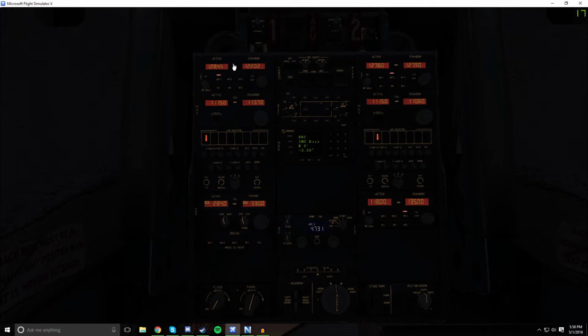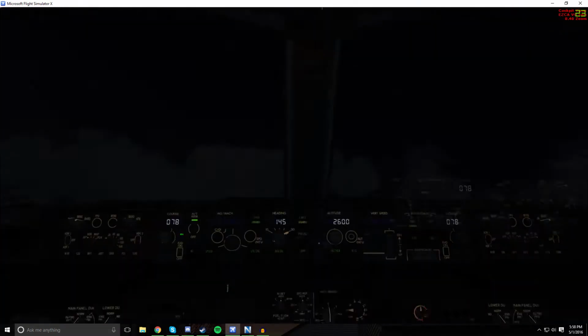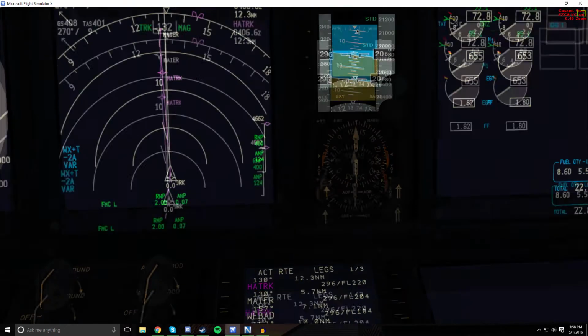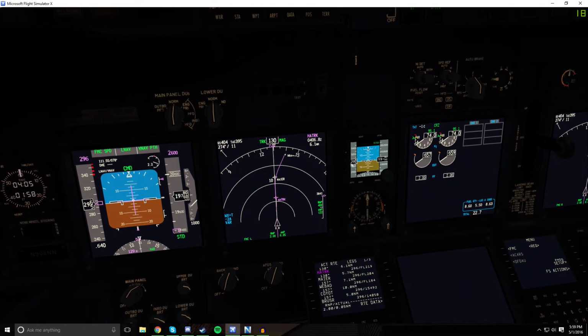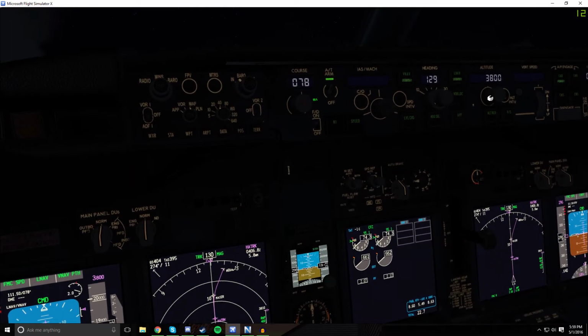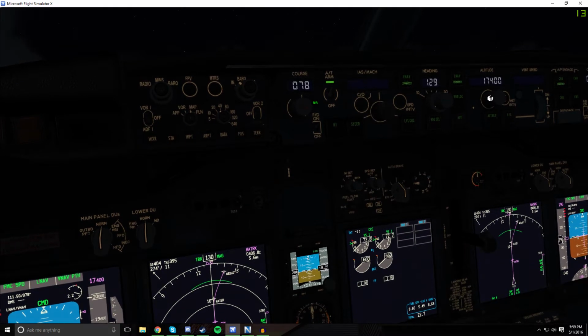Alright, so they said our altimeter right now is 2982, so we'll go ahead and switch that. We're just going to double check that once we get farther down, but for now we'll just keep it that way. Alright, we're crossing through 19,000, so what I'm going to do is I'm actually going to change this to